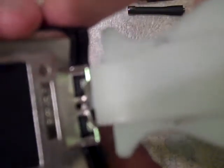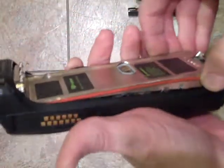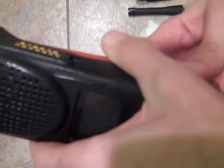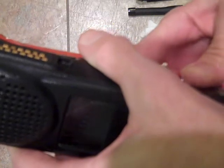How it works is it slides in the slot, and as it slides in, the tongues go over the top, allowing you to gently separate it. So you can go ahead and set that down for the moment, and you hold the radio at this angle because you've got the screen here. You slide it back,